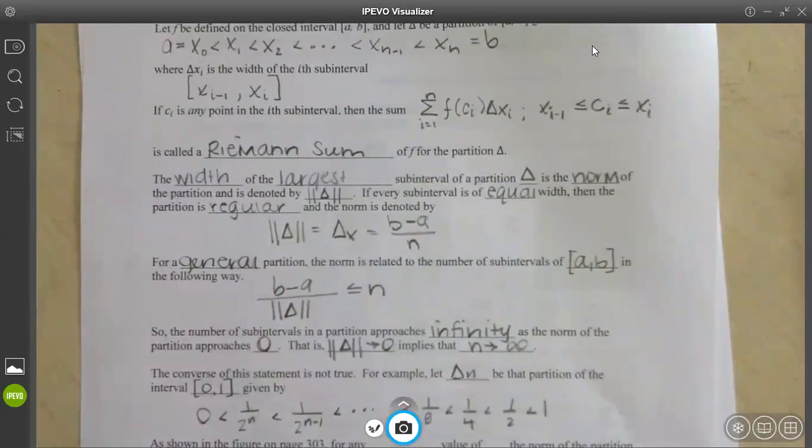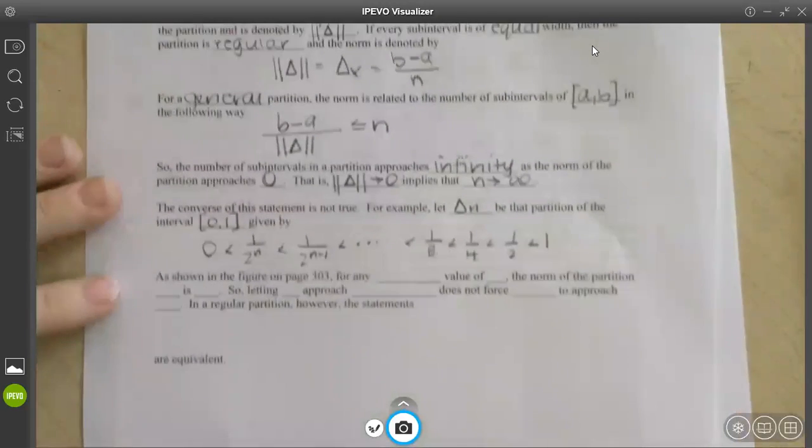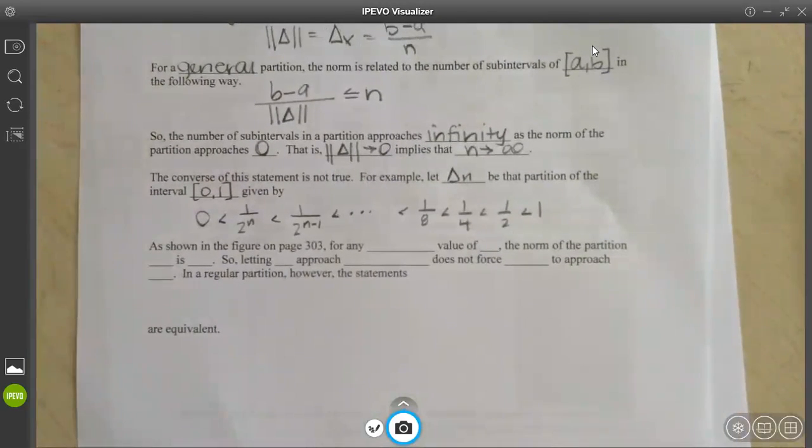And then this back page is just filling in. It's just how Riemann sums work. It's just the proof of a Riemann sum and why it is what it is. But once we do them, you're gonna be like, hey, it's not as bad as it looks. All right, and so then we're down to here.